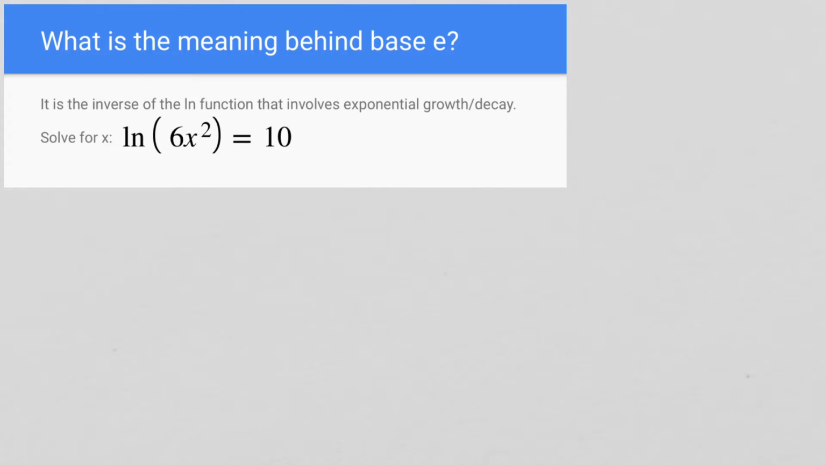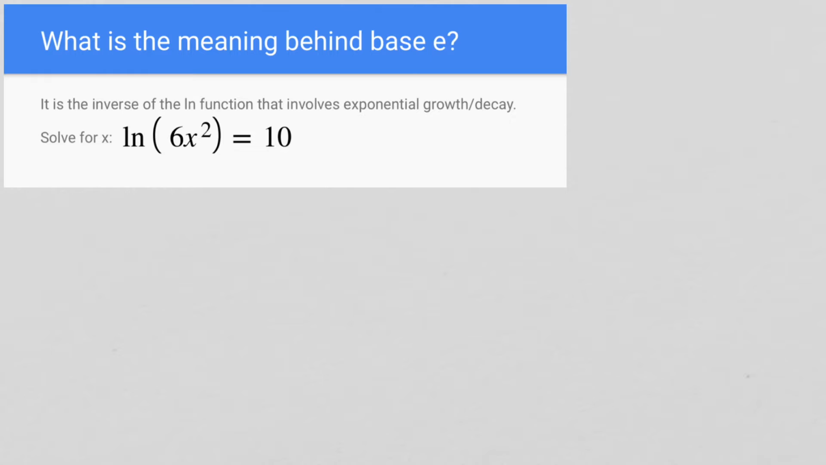What is the meaning behind base e? Hopefully you remember that it's the inverse of the ln natural log function that involves exponential growth and decay. So here we're starting off with this one, solving for x. Natural log of 6x squared equals 10. Remembering back before break about how we change this to